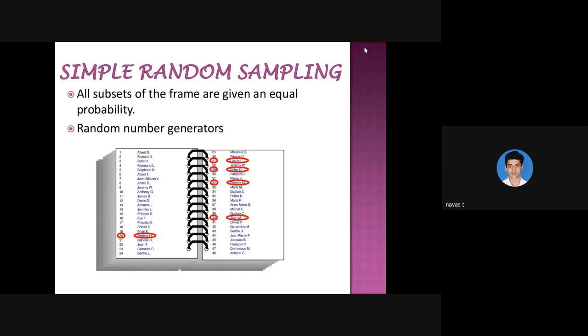So when we are taking samples from our population, different sampling methods are used. The first one is simple random sampling. Another sampling method is